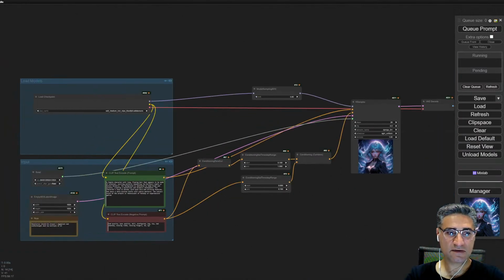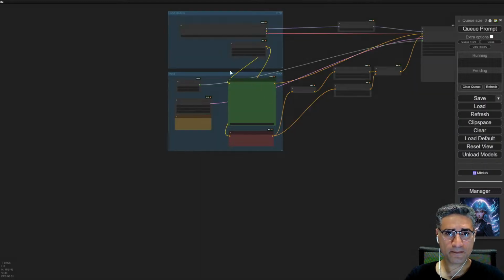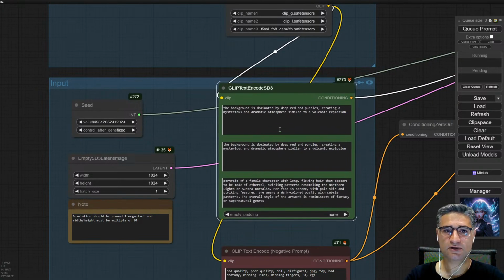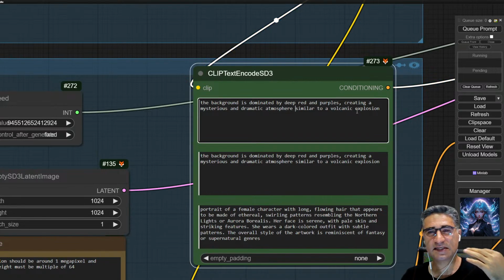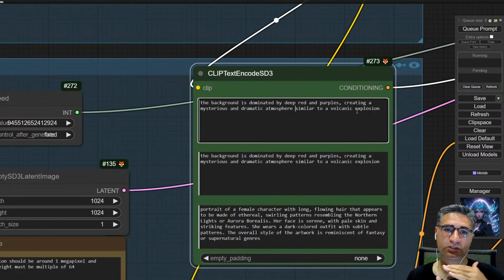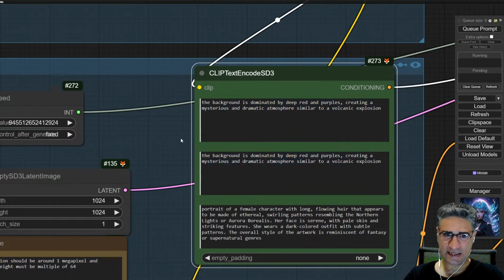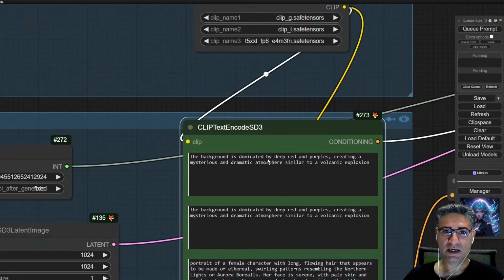Okay, by the way, this is the first workflow that you can work with. The second workflow was working with multi-prompt. So here in the text encoder, you can see that you have 3 different parts, exactly the same as SDXL. In SDXL, we had 2 different parts. The first part was processed with clip G. After that, we had clip L. This is exactly the same. And the last one will be processed with